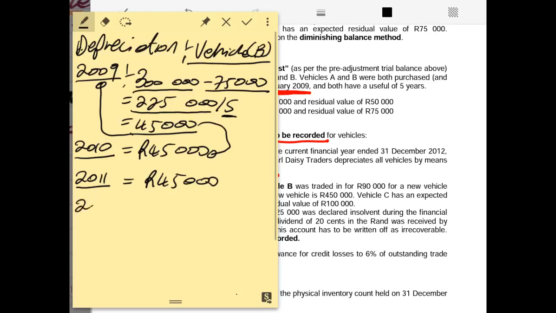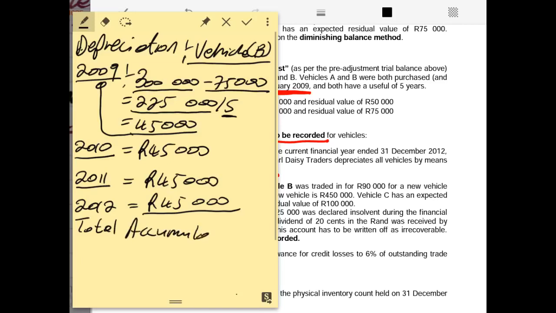Now in the year 2012, we know that this asset was sold at the end of December. That means it was there for the full year 2012. It means now the depreciation in total for motor vehicle B up to the date the asset was sold is 45,000 rands times 4 years. That means it's 45,000 for 4 years. Therefore, now it means the total accumulated depreciation for the traded in vehicle, being vehicle B, will be an amount of